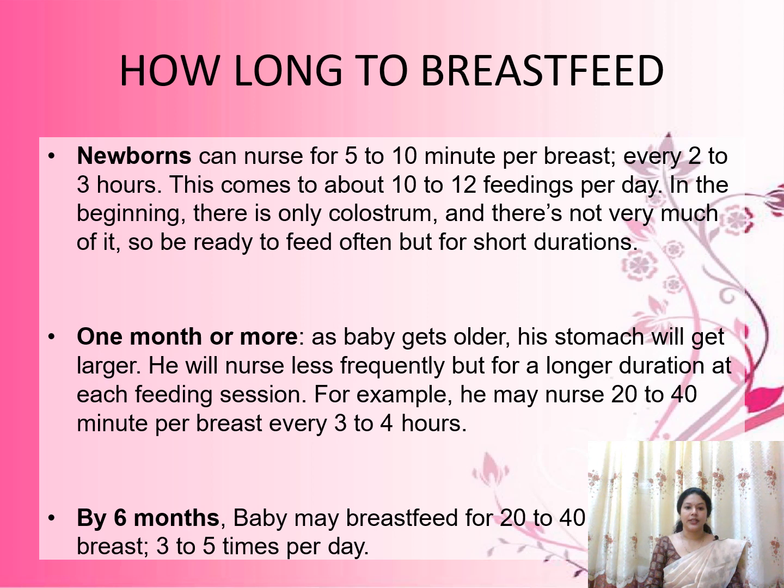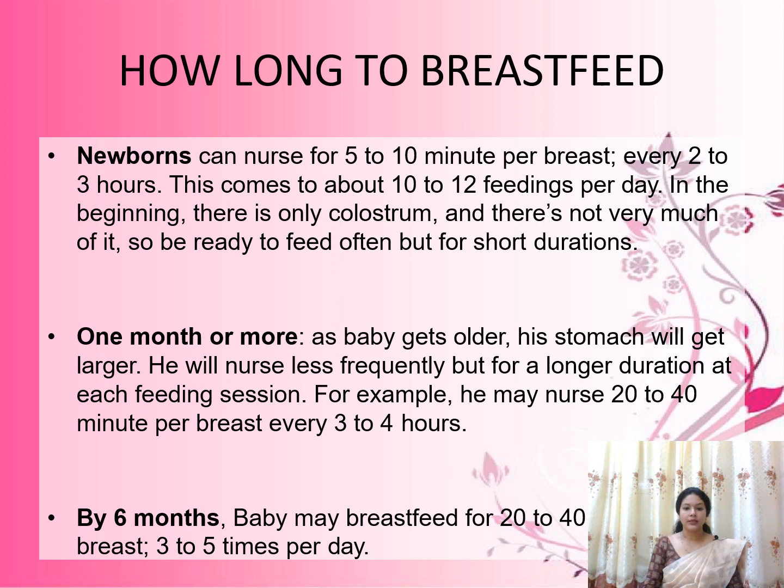And how long to breastfeed? In the initial period, the lady can breastfeed 5 to 10 minutes each breast every 2 to 3 hours. So that feeding duration should last for 5 to 10 minutes on each breast. In the initial period, only colostrum will be there. First 3 days only colostrum will be there, and the amount also will be less. So the frequency of feeding should be more. The mother should be encouraged to give 10 to 12 feeds in a day.